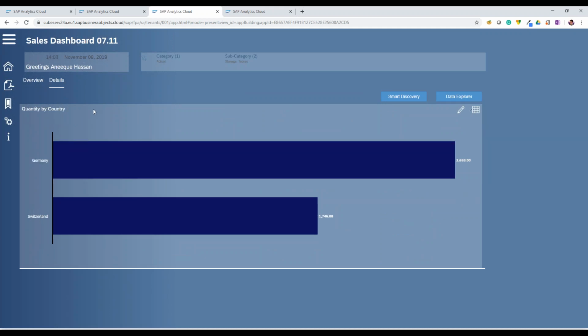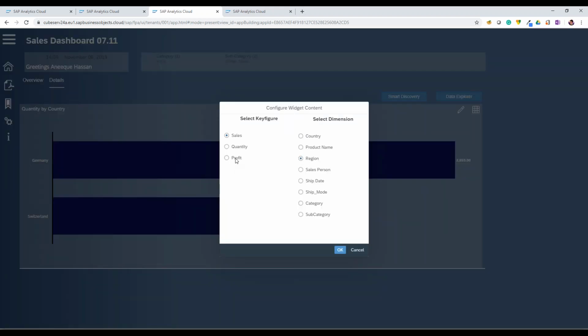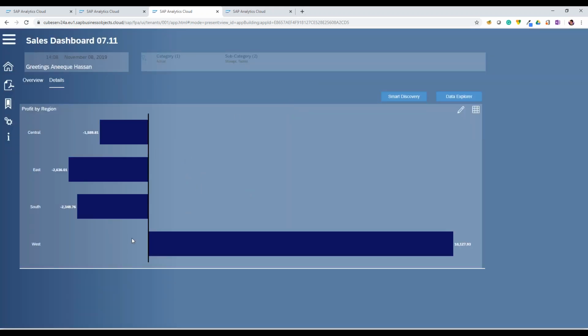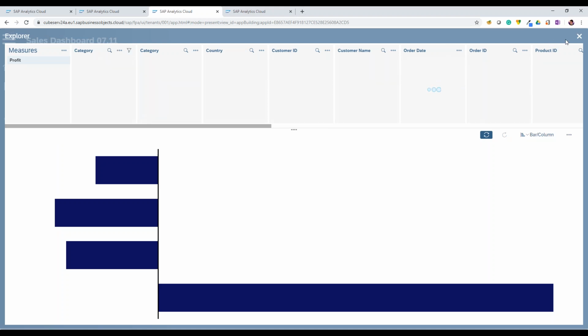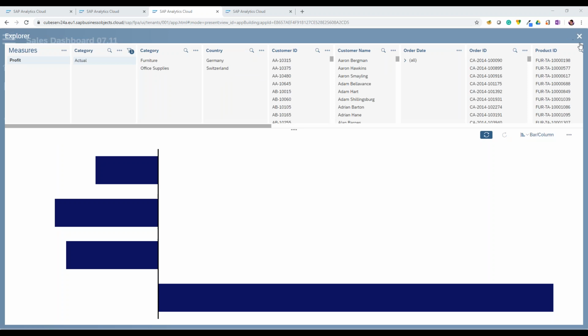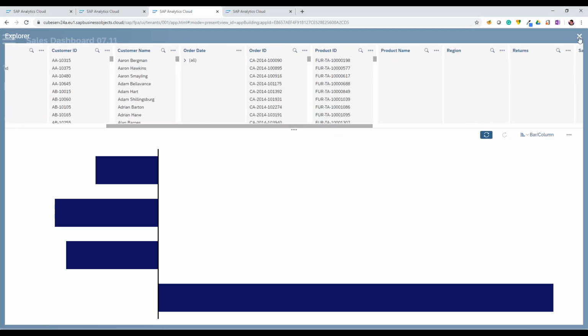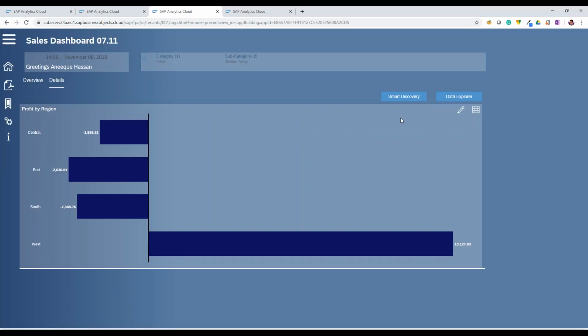What we show over here is that you have the possibility to switch between the table and graphical view, or the user can say I want to see another key figure according to another dimension, and then this can be dynamically changed and further analyzed. What this template also offers is that we can go further into the data exploration view, where we have the possibility to do further analysis of our data. This is also a standard API that is provided by Analytics Designer, and we can further explore our data.